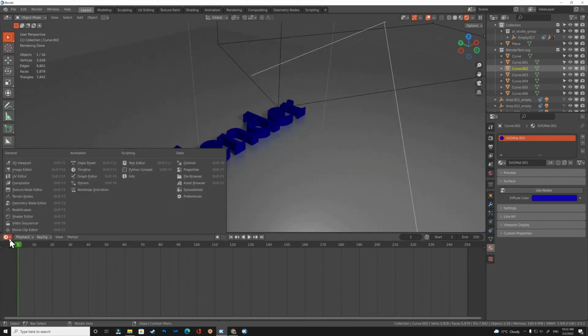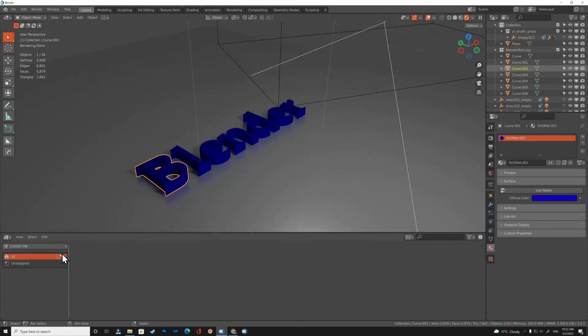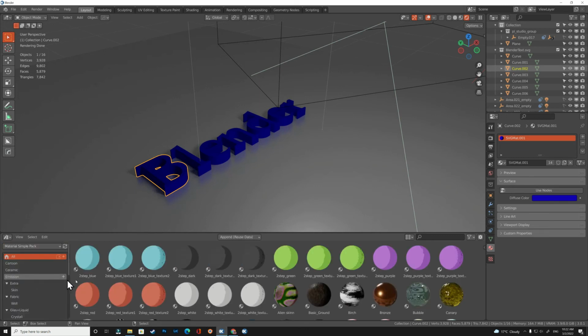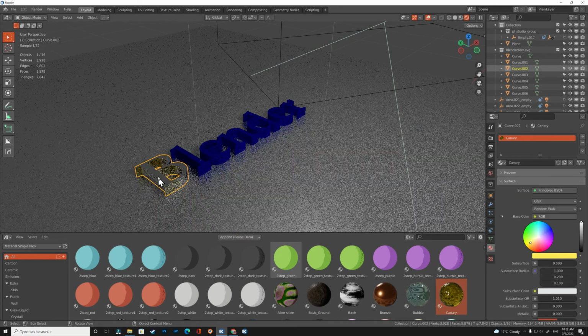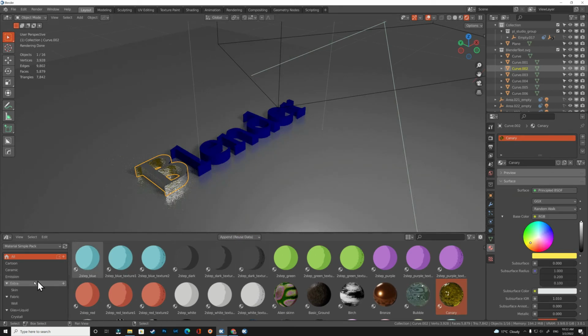Like if I'm gonna use my asset browser to use a new material, for example like this.